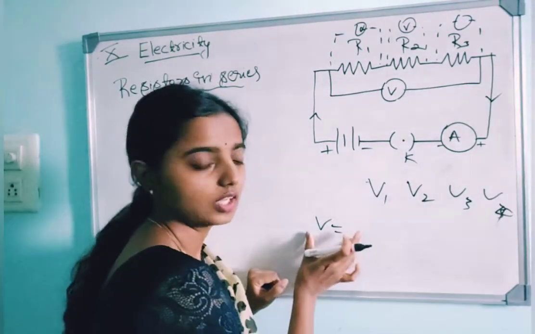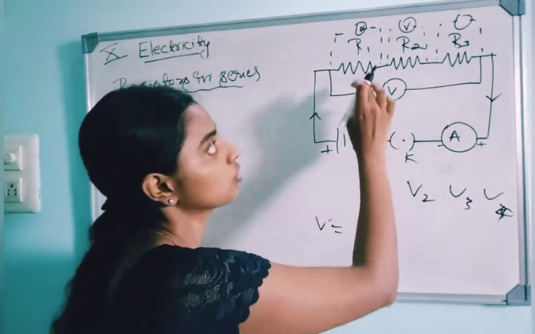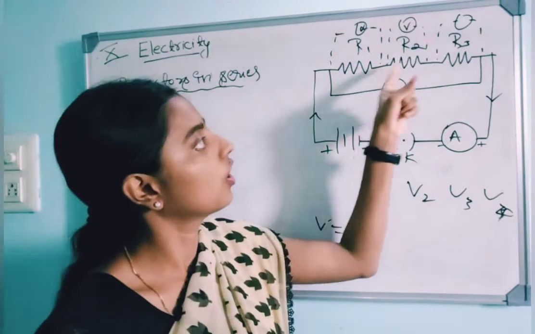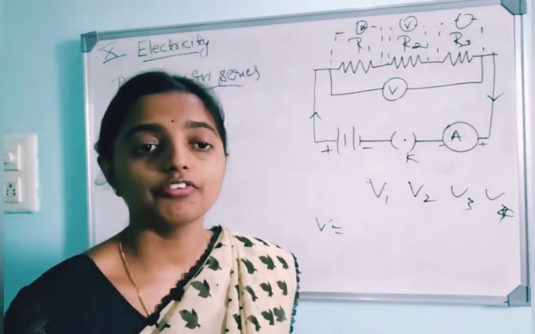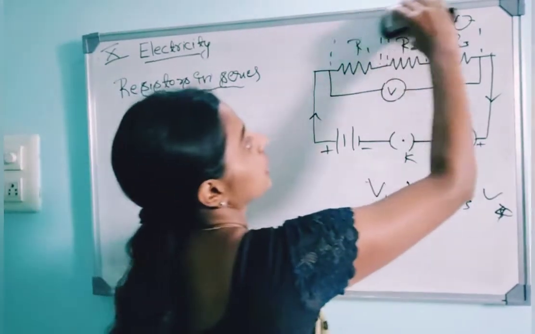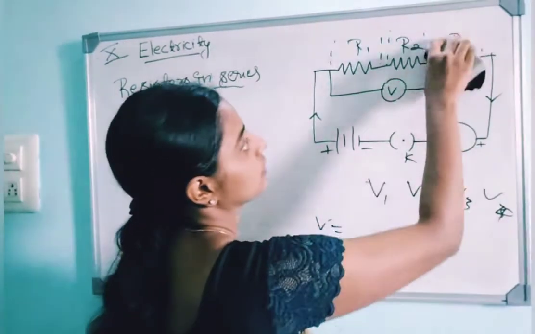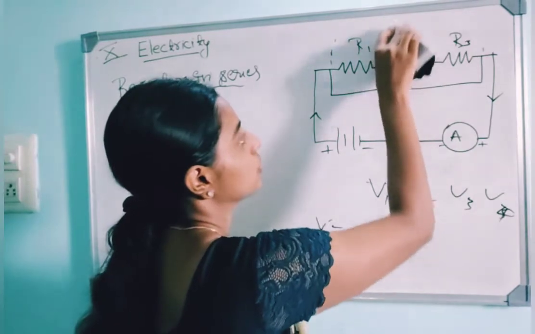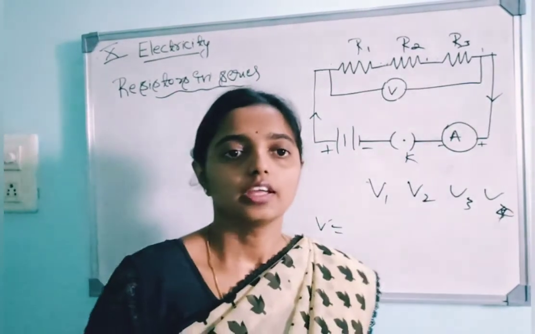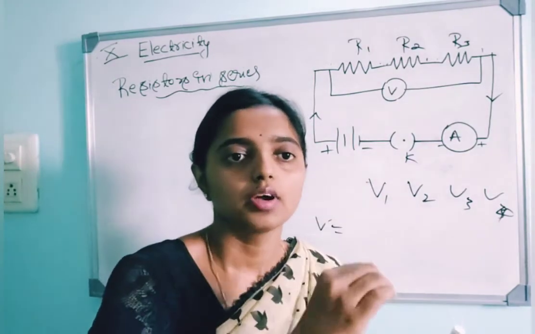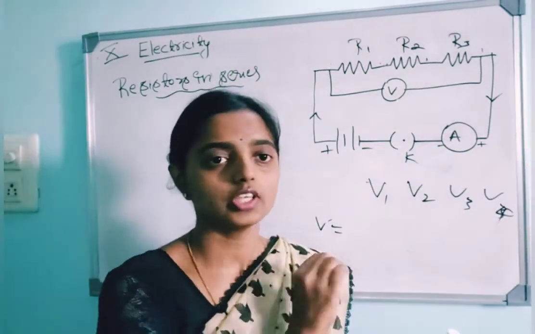So this V will give the sum of the values of potential difference of all the three resistors. Understood? That means I am getting different values for potential difference here. Clear? So this is the first point which you need to remember in series, and the same thing you need to write in the form of a statement if they ask. If they frame a specific question based on these two points, you can write it.